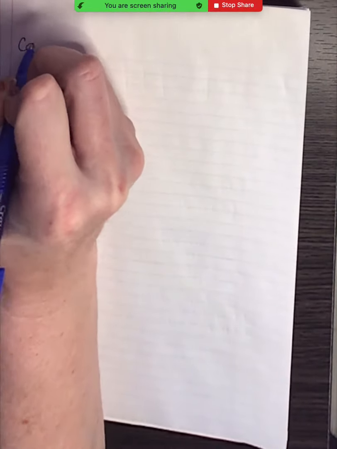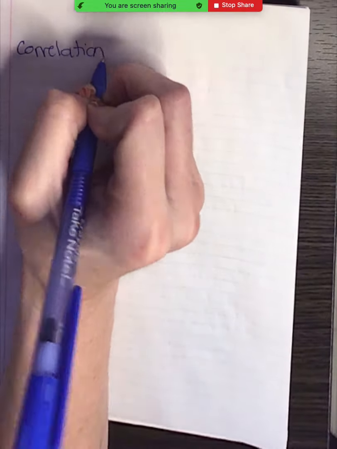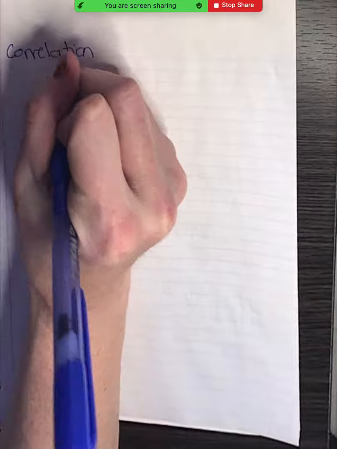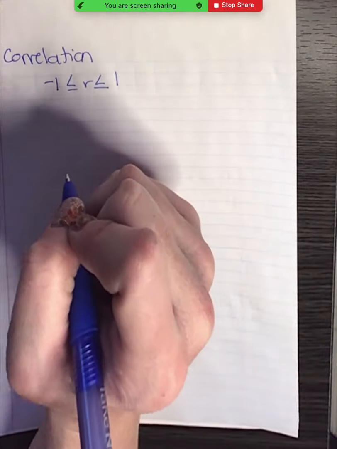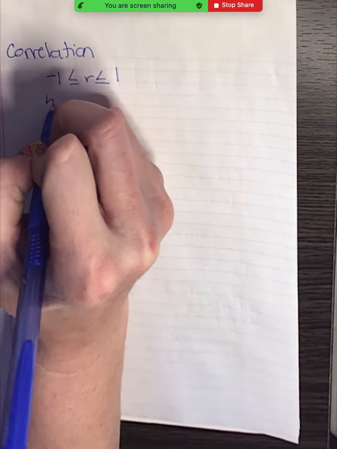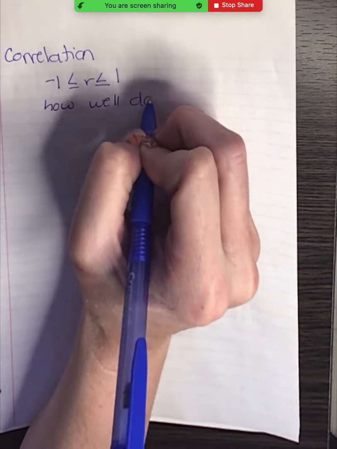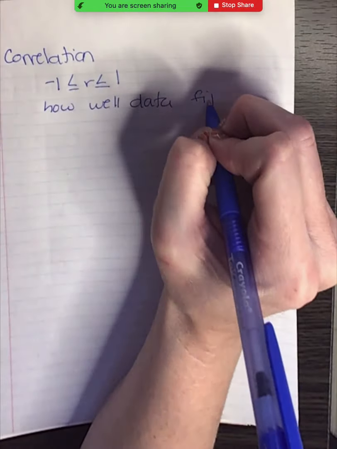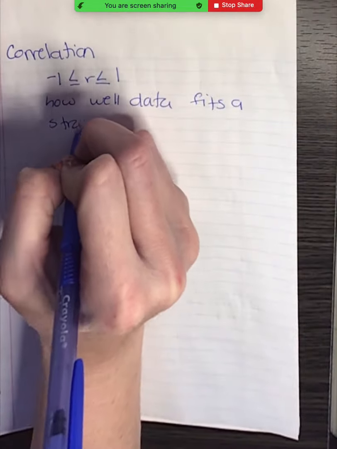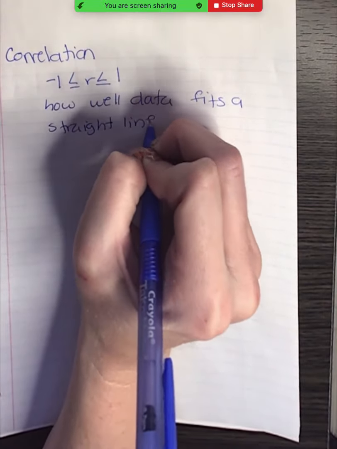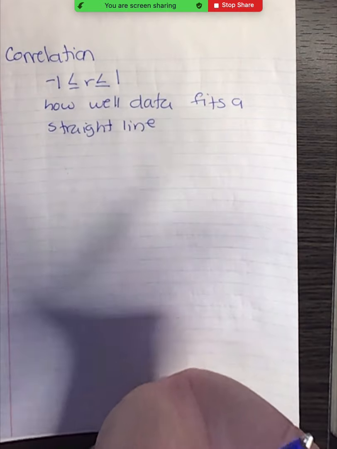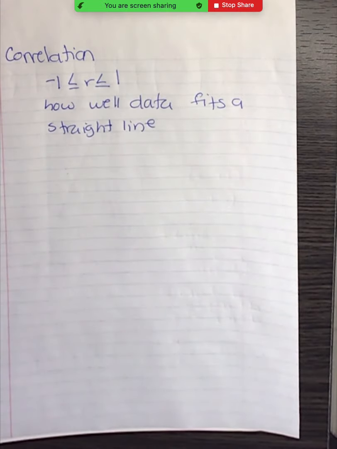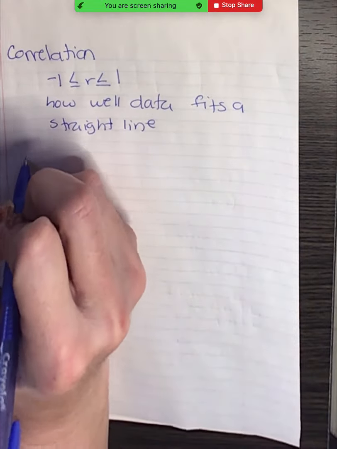With best fit lines comes correlation. Correlation is simply a number between negative 1 and 1. It describes how well the data can be approximated using a straight line. Okay, you're not actually going to find r in this class. It's too complicated. You're going to say points have either positive correlation